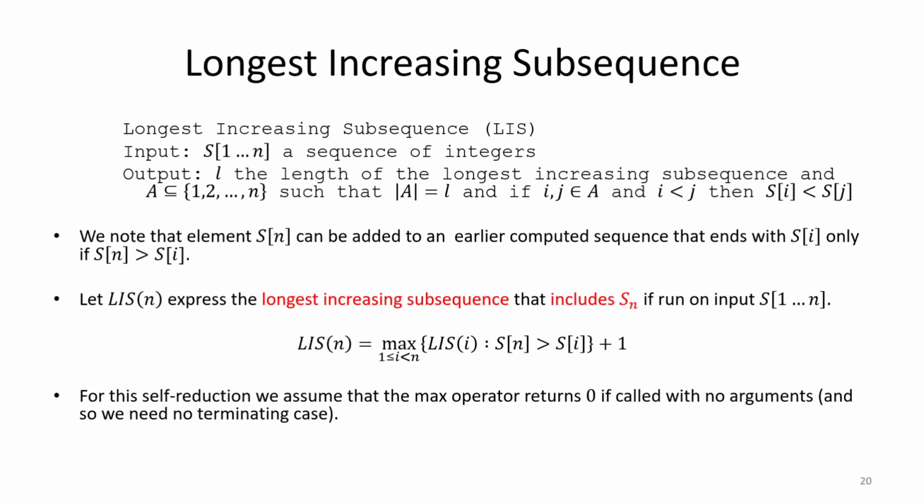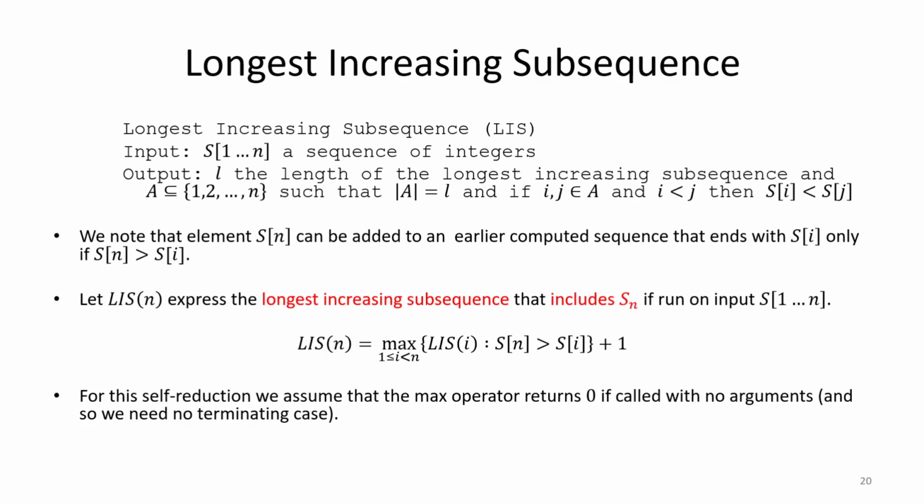But here again, we're reading the exact same thing. The longest increasing subsequence that ends with Sn is going to be the max over all of the previous cases, at least in the cases where we can actually legally add Sn onto those subsequences. We'll calculate what the longest increasing subsequence that ends with point i is. We max over all of them, and we add 1. Now, one thing that might strike you here is we don't have any base cases or terminating cases stated in